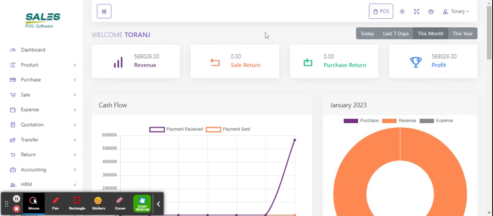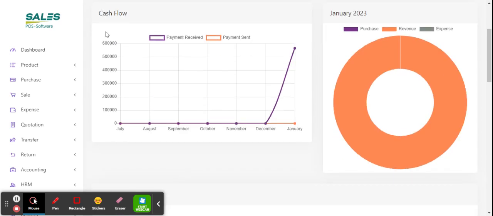done in the system, whereby you can see the total revenue collected so far, the sales return, purchase return, and the profit. And these figures can be filtered based on these tabs: today, last 7 days, this month, this year. And this is a chart for a cash flow